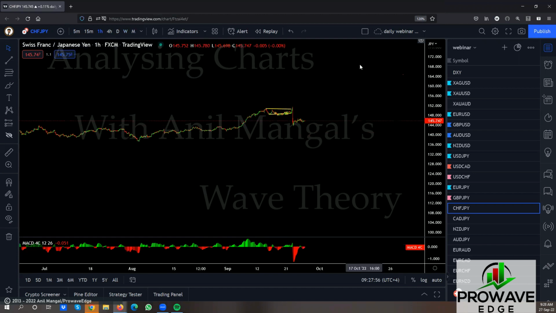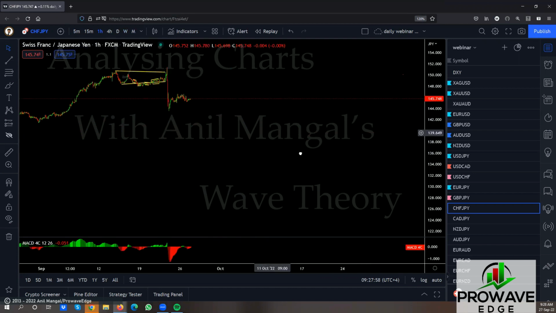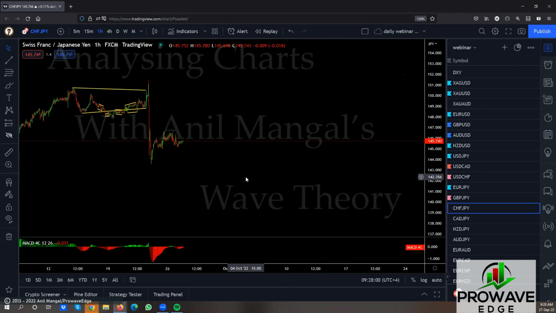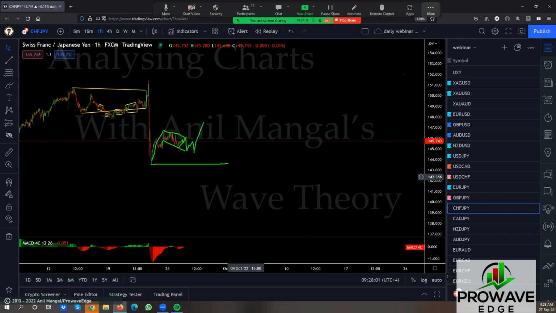So let's go back here. And this is very, very flat, which is good. This would probably come lower within this structure. Like go there, come lower, go there, come lower, and then we start to look for this move up. Now, if we're thinking downside, we want this to come much lower here and then go back up. That would give us a flat for downside. If this starts to go up from here, we can end up all the way back at the top here. Make one here and go again.